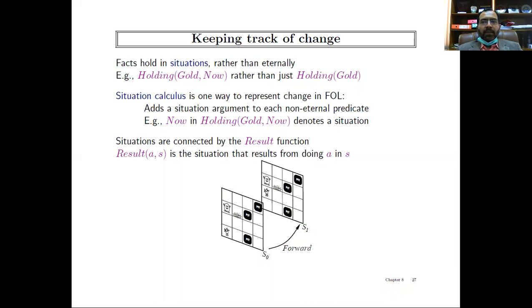So, whenever we are representing such situations, there is always a change in the states, and we have to keep track of that change. Okay, so that is represented in terms of situations as well. So facts hold in situations. Let's assume